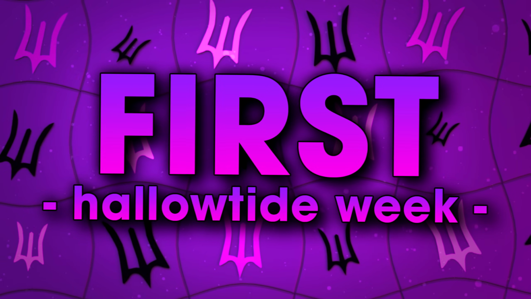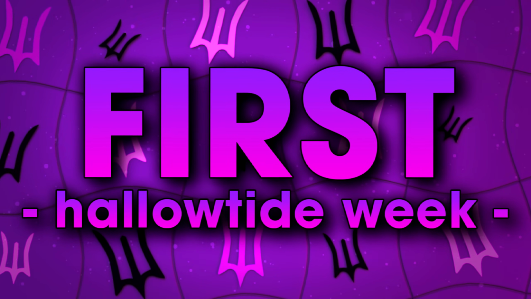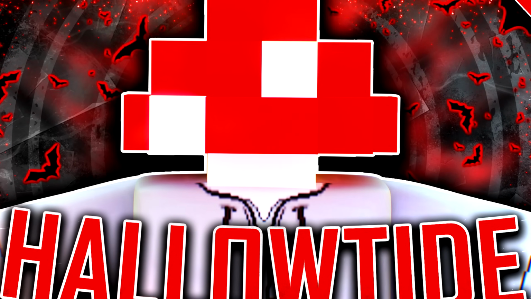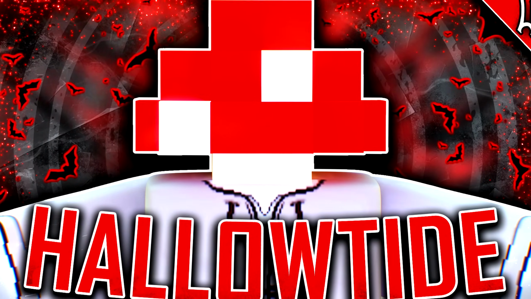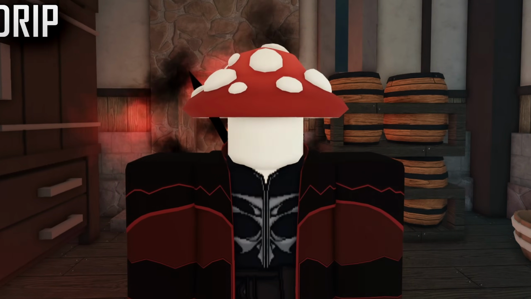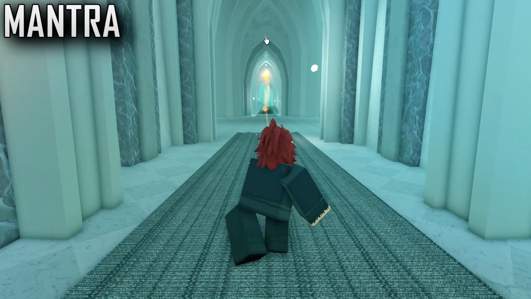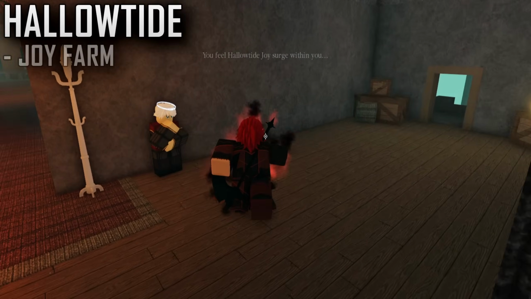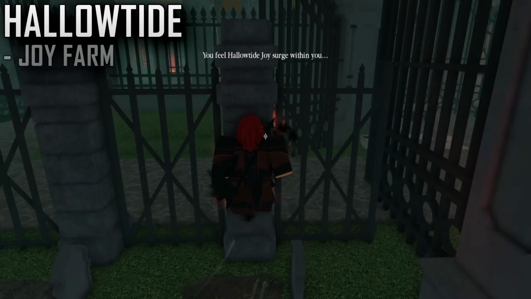As you might know, Hallowtide, Deepwoken's Halloween event, has dropped and there's a ton of different loot to obtain and events to play with your friends. If you're interested, I have a full in-depth showcase on everything new for Hallowtide week 1, but today I have the method. To obtain all of the Hallowtide loot and the special Pumpkin Pitch mantra, you'll need to get joy and fast. In today's video, I have one of the best methods to get joy as fast as possible and